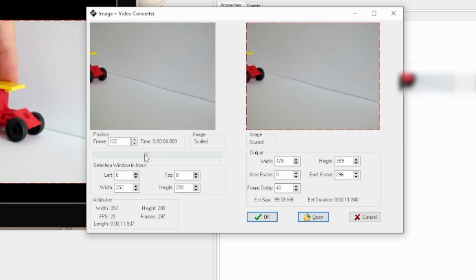The next step is to set the frame delay. The frame delay determines playback speed. So 25 frames per second is about 40 milliseconds per frame. 30 FPS is around 33 milliseconds. Make sure you keep this value in mind because we are going to add a timer object which will need